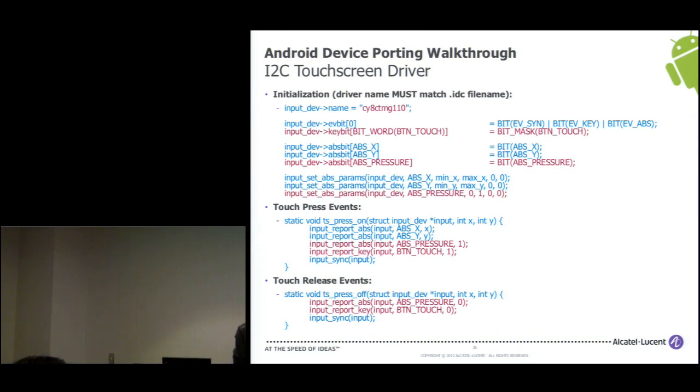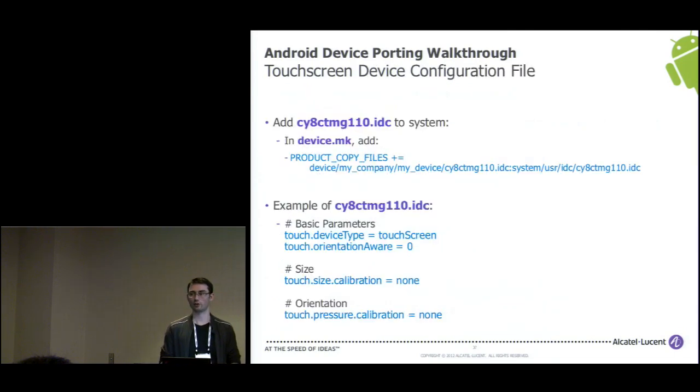And again, in red, I've just put some new things that many drivers already implemented, some didn't. For example, for ICS, now you absolutely need to report the pressure. Even if you may have multiple thresholds for pressure, even 0 and 1 saying on and off is enough for Android. But you have to declare that, and you also have to send the event button touch, which is really important. This was not mandatory, it is now. So if you have to modify your drivers for the touchscreen, just take care of these functions and be sure they are implemented.